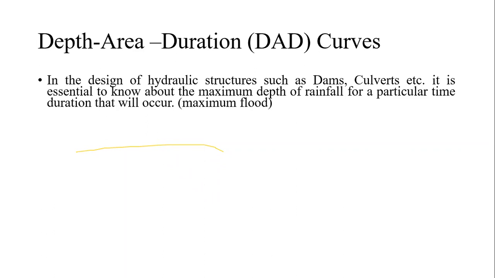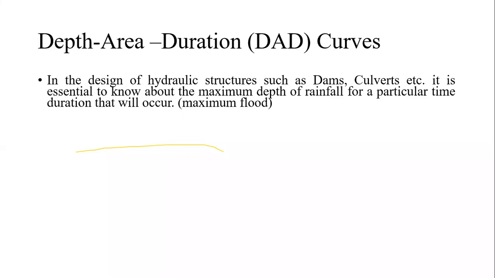So to design such types of structures which will have an adequate capacity or an optimum capacity, or those which are going to meet all the requirements, those are nothing but the needs and the requirements in terms of whatever the yield of the water which we are getting from the rainfall. All those requirements have to be matched with each other.